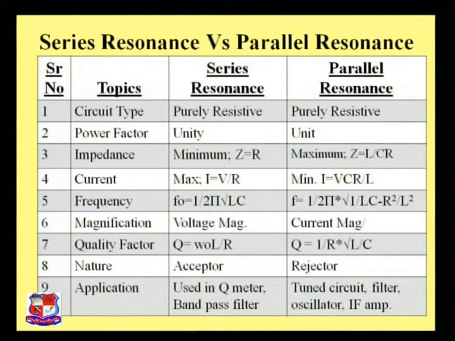The parallel resonance circuit is also a purely resistive circuit. Again, there is no inductive component and no capacitive component. Next, the power factor. In a series resonance circuit, the power factor is unity, whereas in a parallel resonance circuit, the power factor is also unity, that means it is 1. The next topic is impedance, that is Z. For the series resonance circuit, your impedance is minimum, that is Z equals R. Whereas in your parallel resonance circuit,